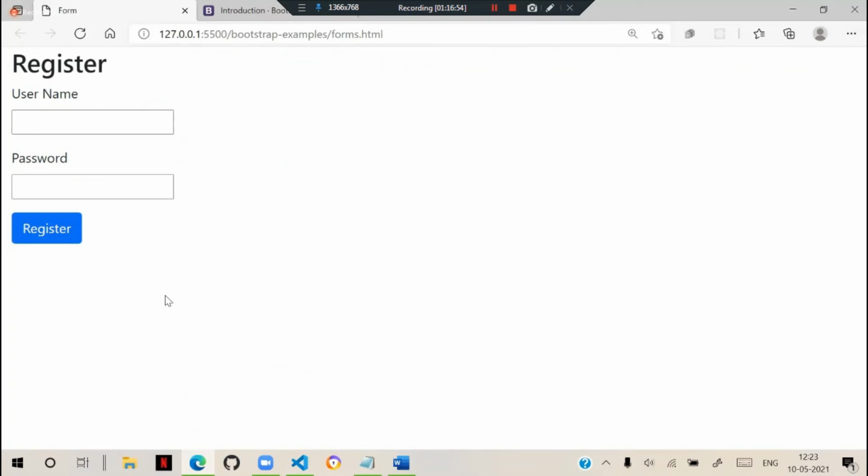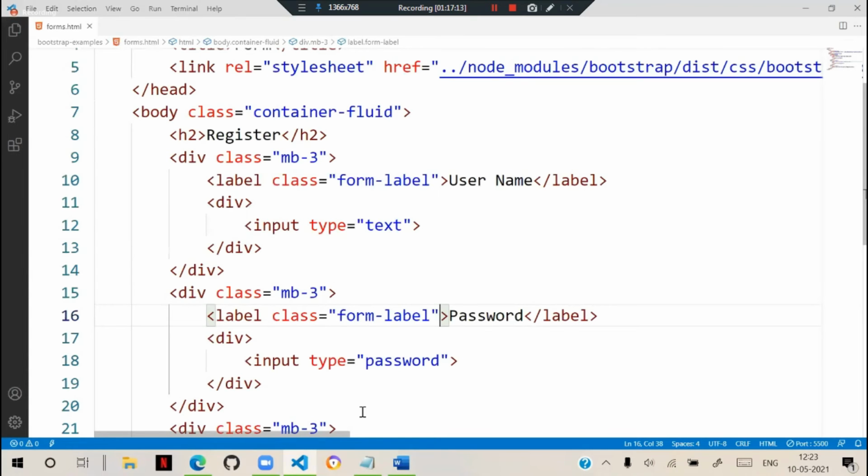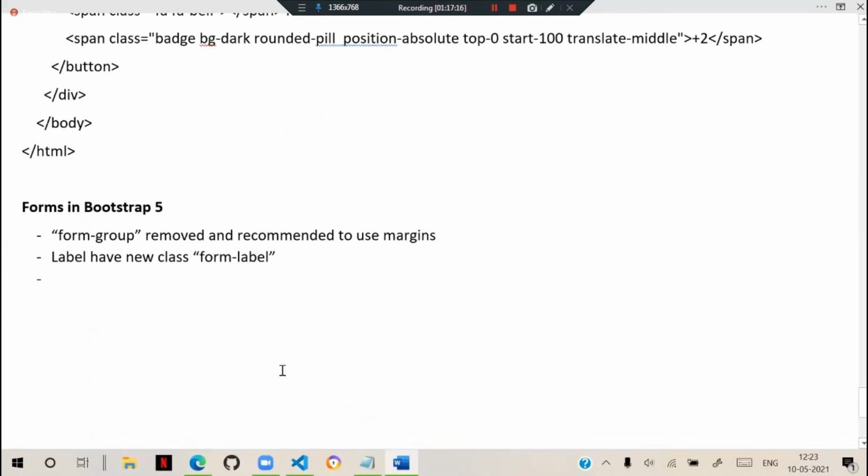And for general input controls, that means general text boxes and passwords, you can use simple form options. You can define form-control. That means other classes, form-control classes. We have form-control, so that is one class.